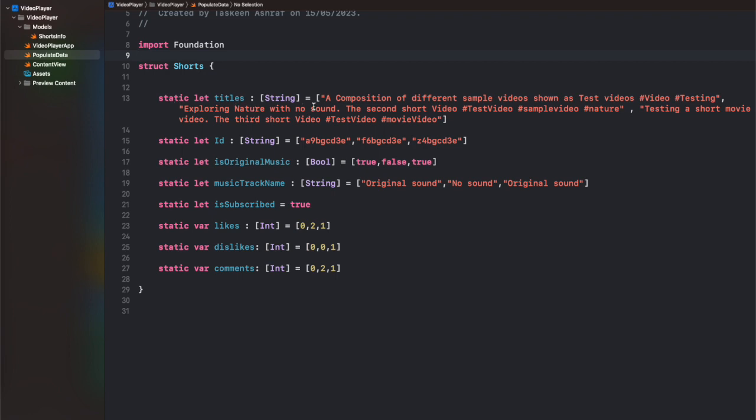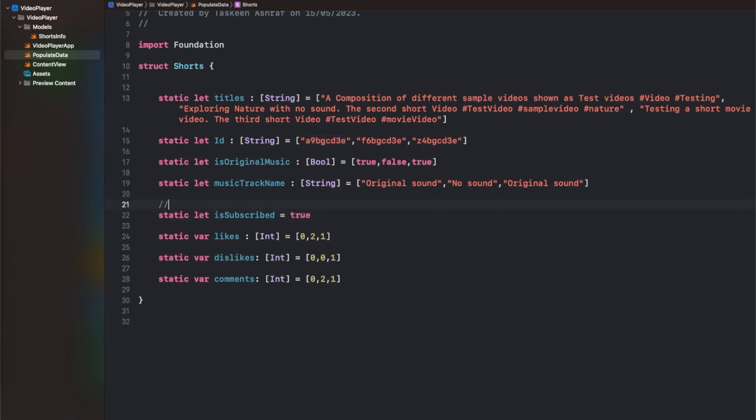So here you have seen that I have created a file populate data that has some of the static values. It's just like a JSON we have downloaded from internet. So the values are stored here. I've set these values according to the 3 videos that I have added. I have added titles, which are basically strings, IDs, which are strings of a certain length. Then if the original music is used inside a variable, inside a video with the name is original music and